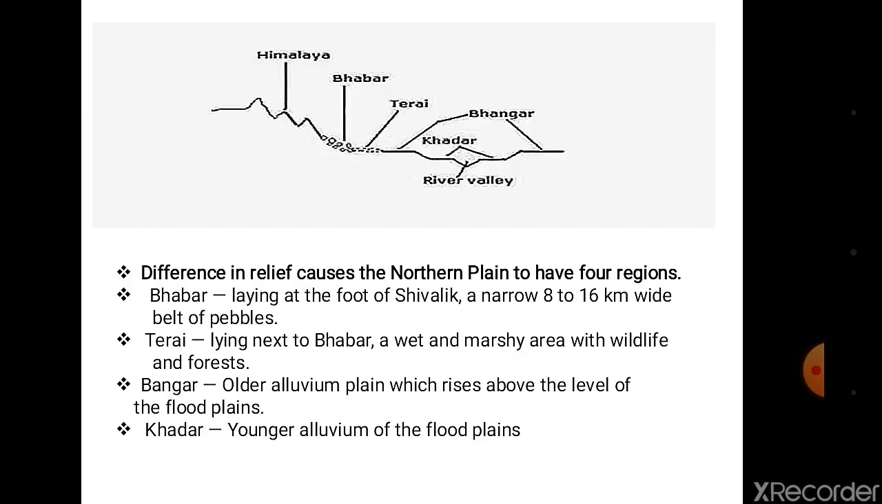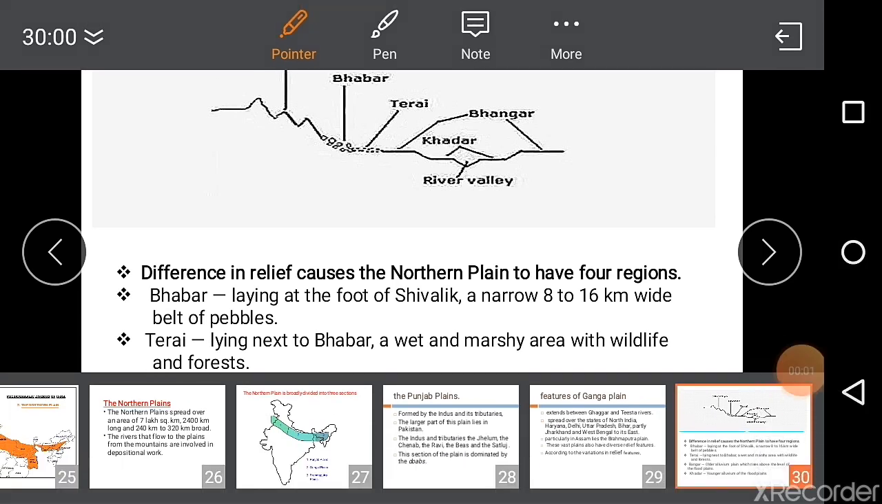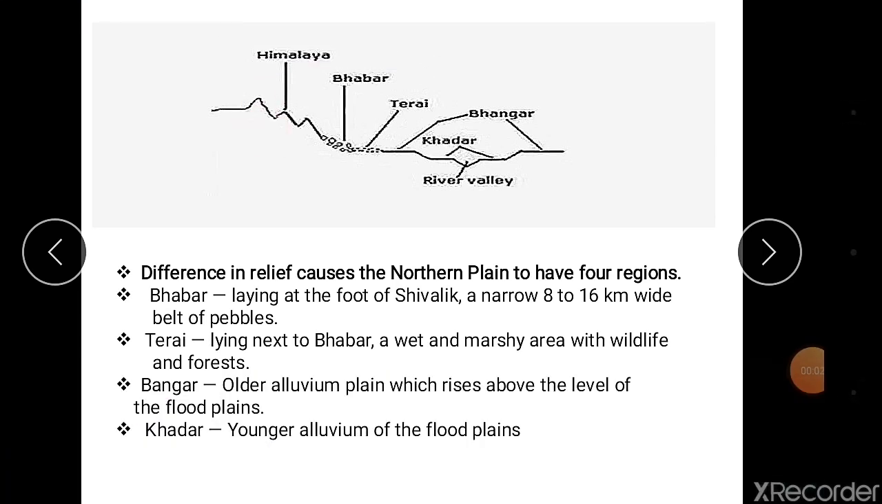Observe this figure carefully and understand the matter given on this slide, so you will understand the variation in the reliefs in the northern plain. At number one, the Himalaya is shown. The rivers flow from the Himalaya. When they enter the plain region,